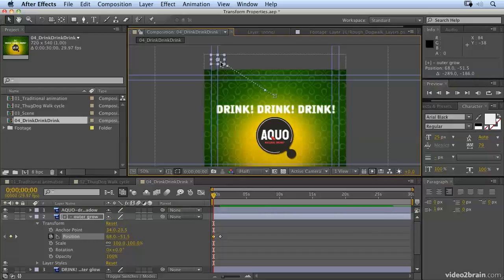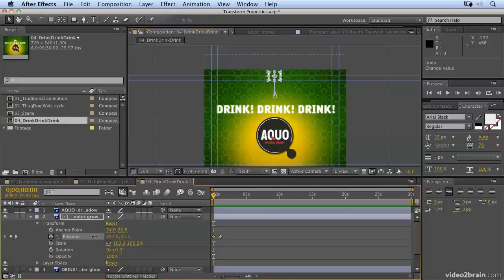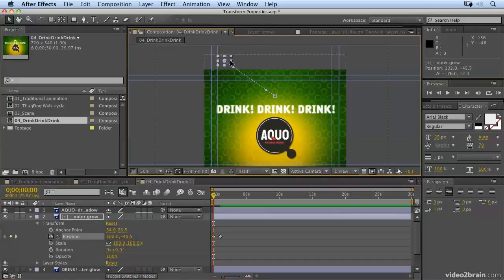Now, the other way of doing that, if I just undo that by hitting Command-Z or Control-Z on PC, is just by scrubbing values down here in the timeline. And I have an X and Y value that I can scrub independently of each other to get really accurate control. And of course, I can use the arrow keys when I've selected those values to nudge them into the exact position I want them to be. So either use the values down here or just click and drag your layer to where you want it to